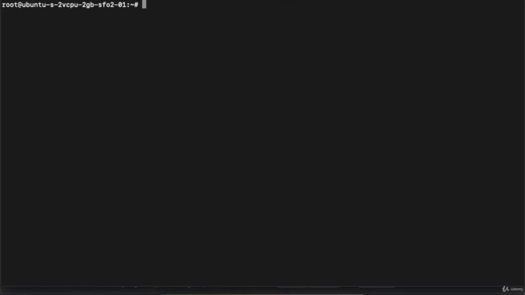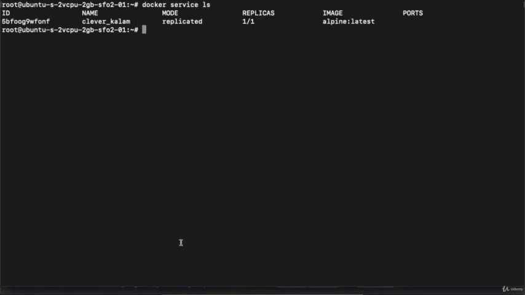Now suppose you want to see which container is actually executing your service on a Docker machine. We just started the service. We didn't define the container. For this, first you need to identify the Docker service name. So we can execute the command docker service ls to identify the name. Now you need to execute docker service ps. Either you can define the ID or the name of your service.